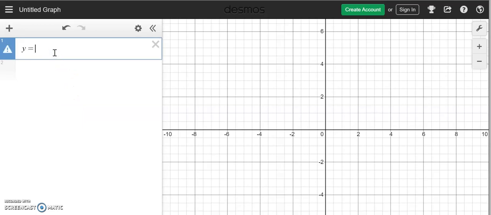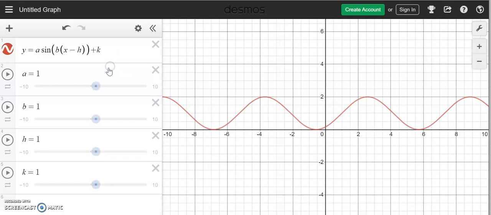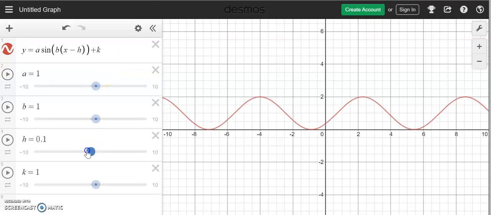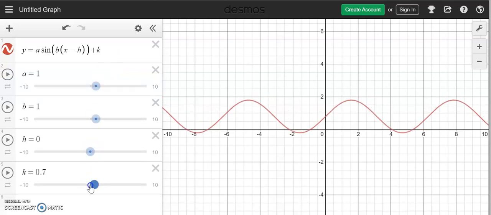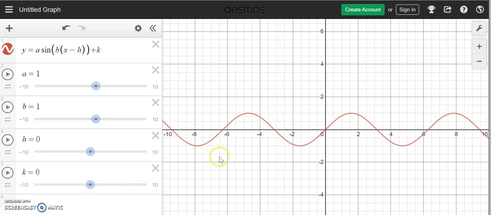So usually we have a sine of b times x minus h plus k, and if we click all, then we see all the parameters. Usually h and k are at 0, and so this is our sine function that you see here that starts at 0, goes up, down, and back. You can also change